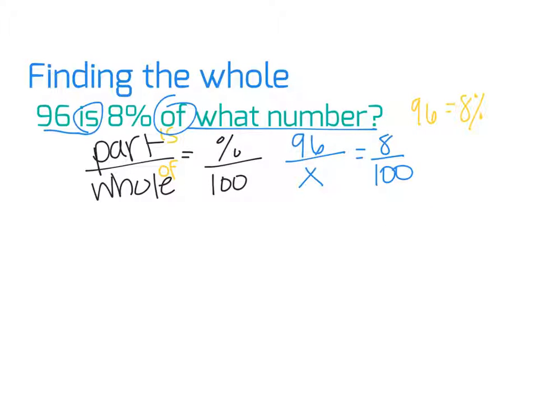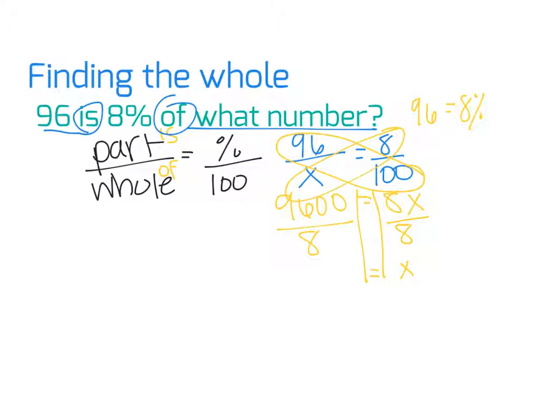If you want to simplify this before you even solve the problem, that's totally okay. You can 100% do that. Otherwise, from here, you can go ahead and solve it. You can use mental math and see the relationship between 8 and 96. Or you can do cross products and do 96 times 100, which is going to be equal to 8 times x, and then solve it for x from here. And when you finish this, you should get the number 1200